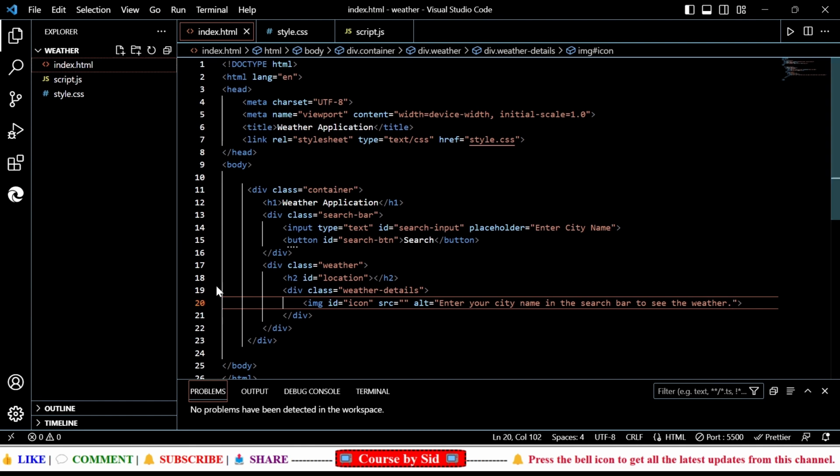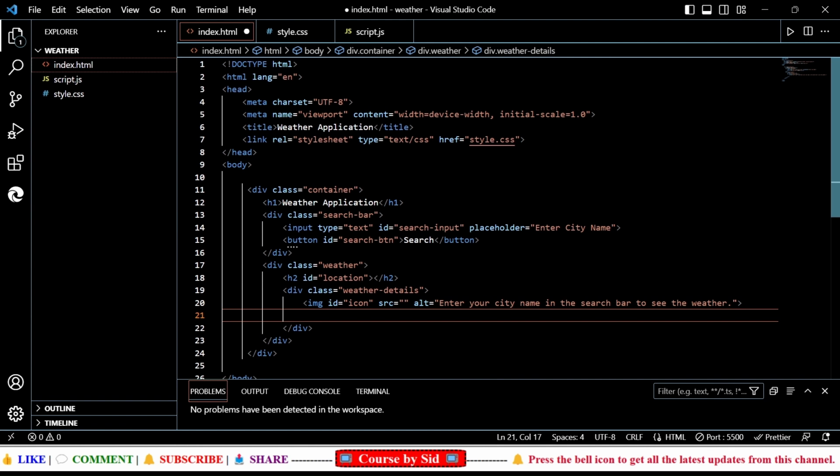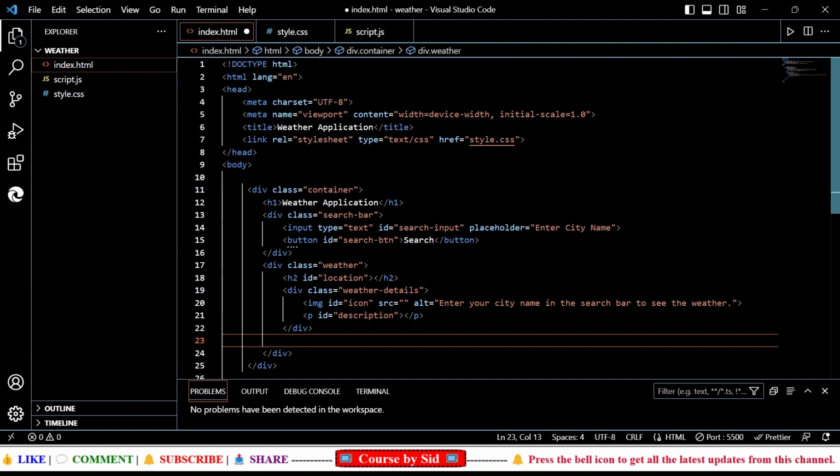And here I'm removing this. After this I'll be writing a p tag, and in the p tag I'll be writing one ID with the name description, okay? And then after that what I'm going to do next is I'll create one other div,